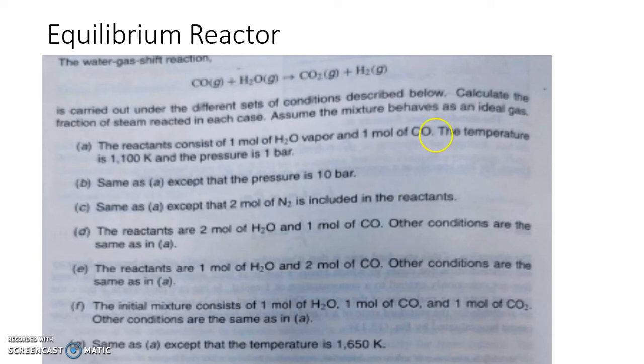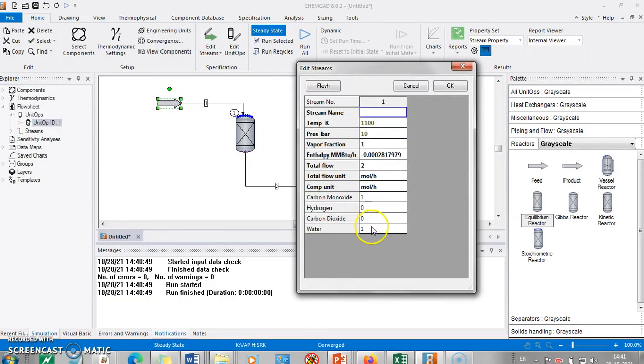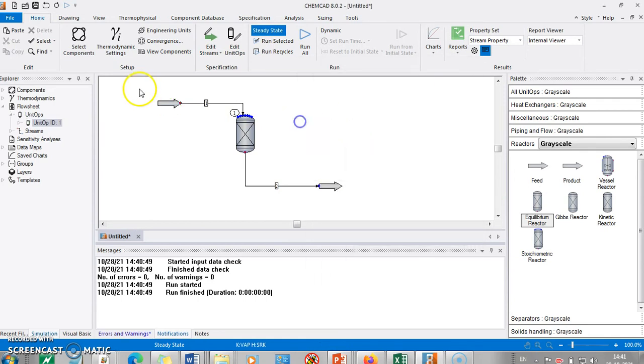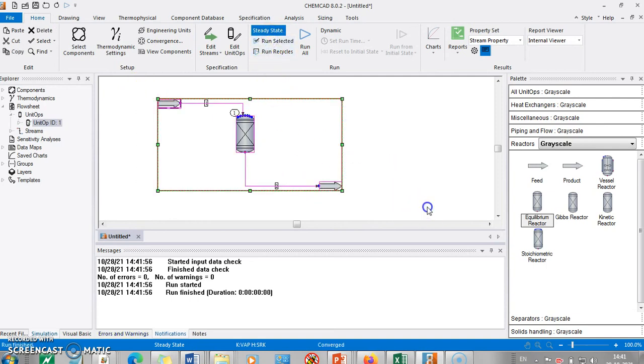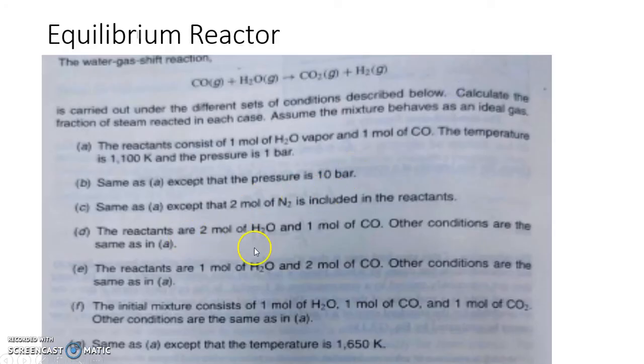You can change the number of moles of reactant. Say for example we start with 2 mole and 1 mole. Let us see whether that changes anything. We go with 2 mole of water and 1 mole of carbon monoxide. Press OK. Everything else remains the same. I run this, and there is a change in mole fraction, right? Because the water is initially more and the carbon monoxide is less. If you see the extent, there is a slight change. Earlier it was 0.2, this is 0.33. Likewise you can see the impact of various parameters.